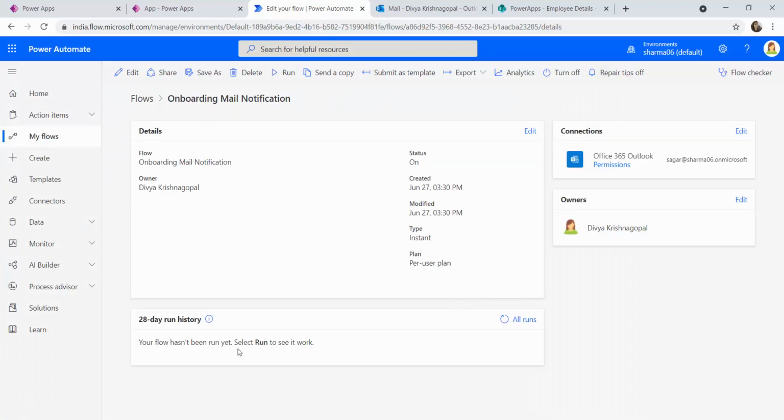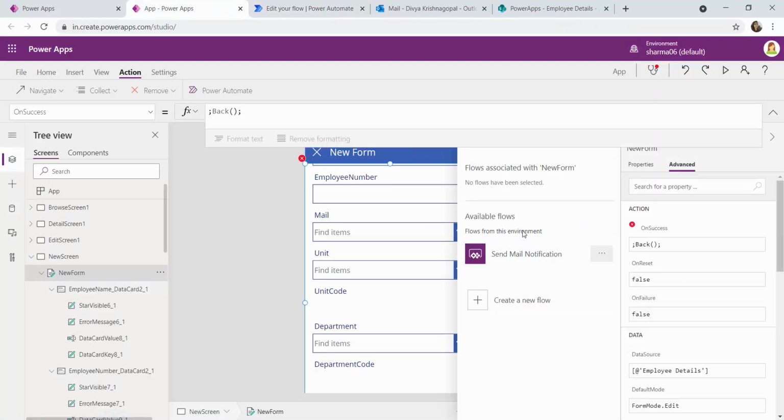Once this flow is saved, it will reflect in our tray over here, available flows. You can see here, it has got reflected: onboarding mail notification. And above this, you can see flows associated with new form. No flows have been selected yet. Why is it new form?